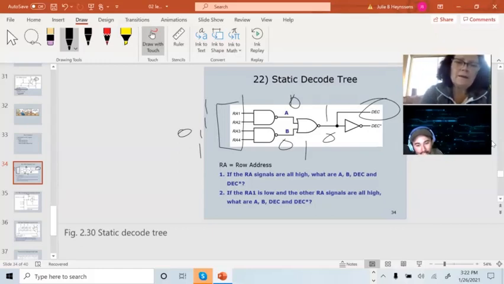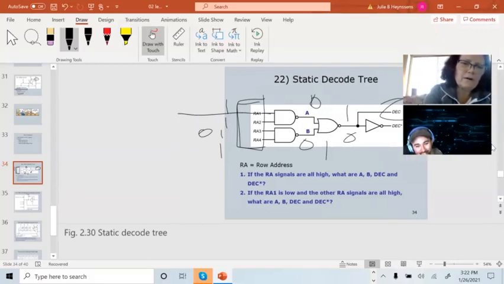So what I need here is unique values, and I can do this by putting inverters. I have to draw an inverter with my finger. I could, instead of tying this to RA1,